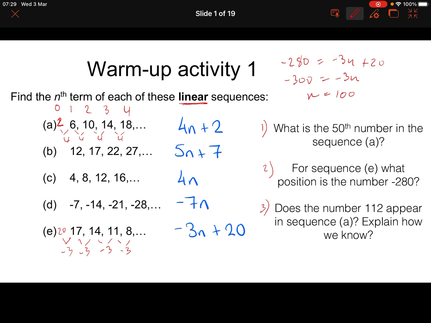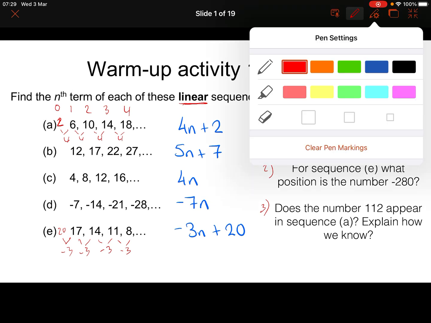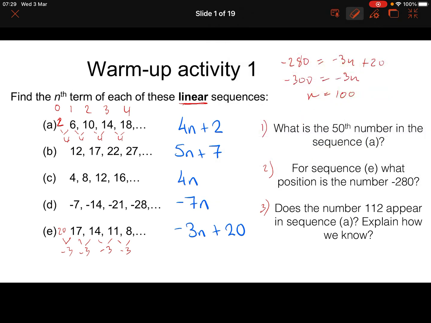Okay. Does 112 appear in sequence A? Explain how we know. Well, let's just do the same thing as we did for the last question, but for sequence A. We're saying, can 112 be equal to 4n plus 2? So let's try and solve that. We're going to get 4n equals 110. Divide both sides by 4. 110 divided by 4 gives n equal to